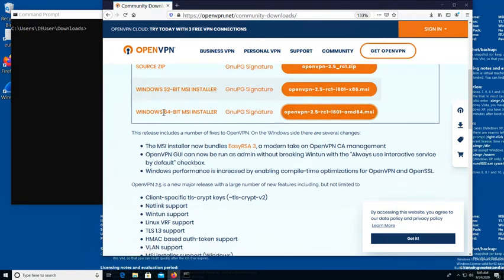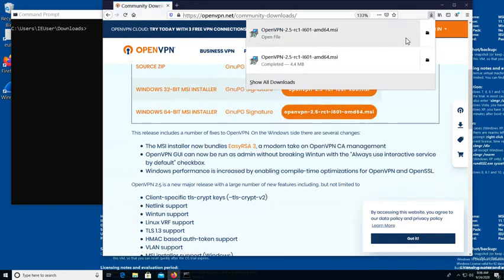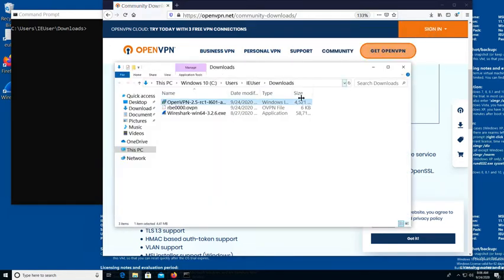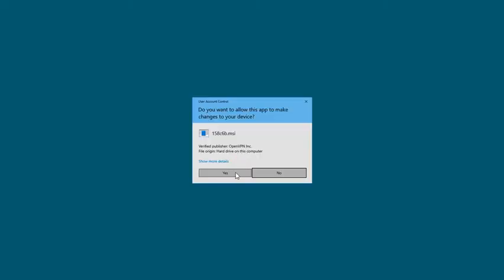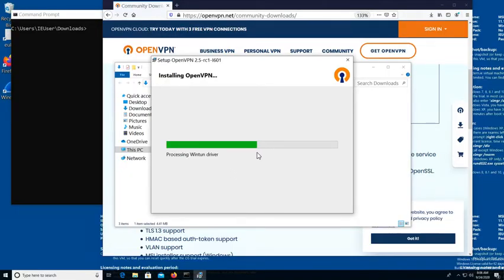In this case, we're going to get Windows 64-bit because that's what I have. Click on that, save the file. It should download relatively quickly. Once it downloads, you'll want to run it. Click install now. That'll install with the default settings, which will take care of most everything you need to have